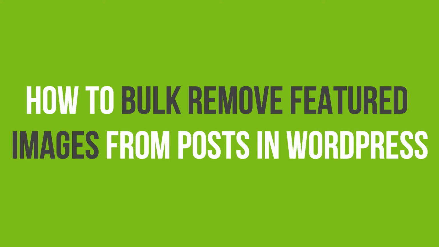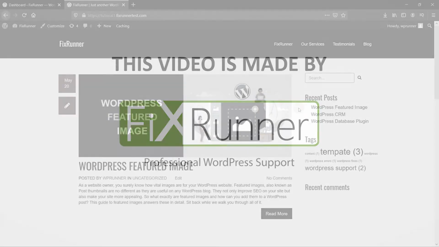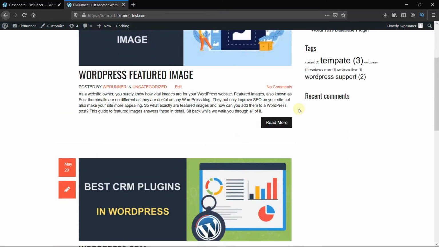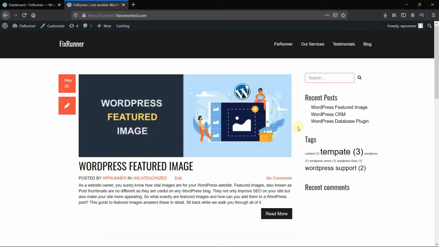In this video tutorial, you'll learn how to bulk remove featured images from posts in WordPress. Unfortunately, by default, you can only remove featured images by editing each post and removing the featured image. Now, if a user has hundreds of posts with featured images, then removing them one by one can be a very time-consuming task. But today, I'm going to show you how you can remove the featured images on your website